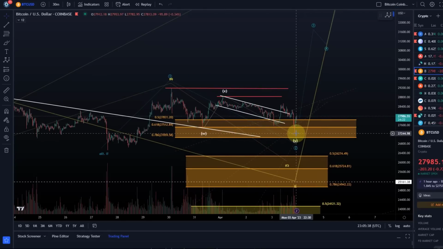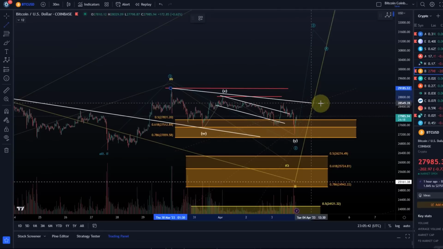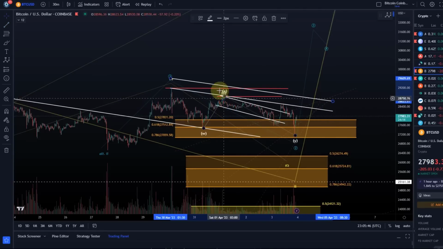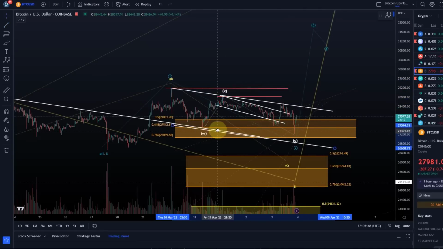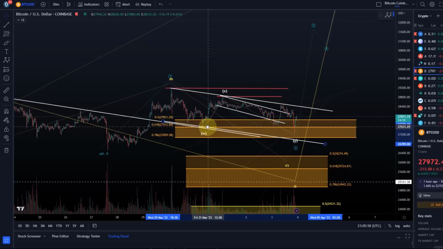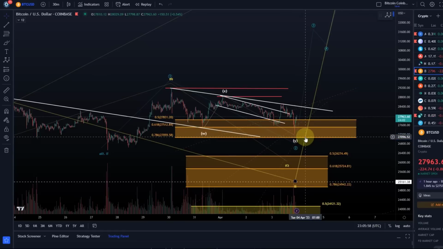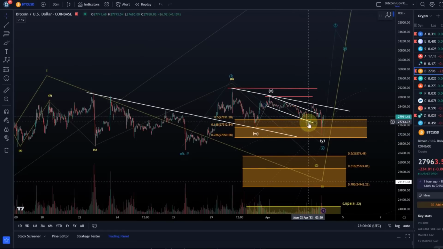Is it guaranteed? No. But if we draw this trend channel, the larger trend channel, then we could still drop a little lower, okay? But we saw a nice reaction to the golden ratio. So again, we need to keep an open mind. I can't really say much more until I see an impulsive reversal. That's what needs to happen now.